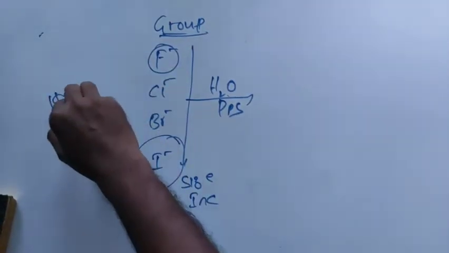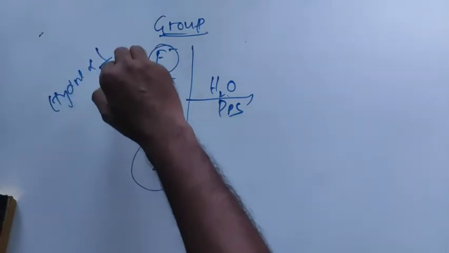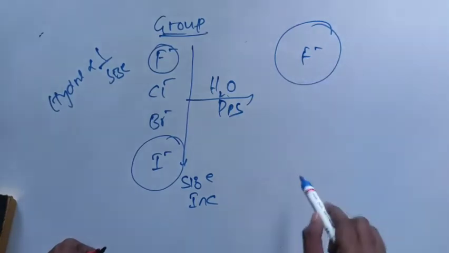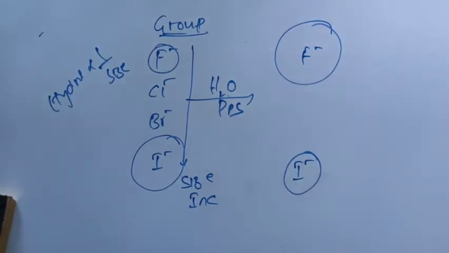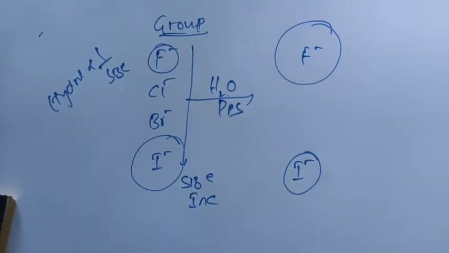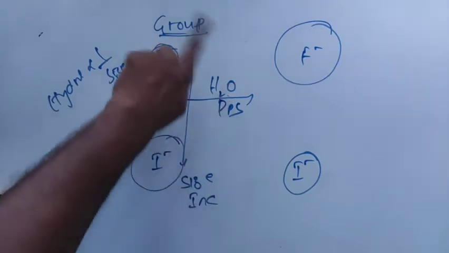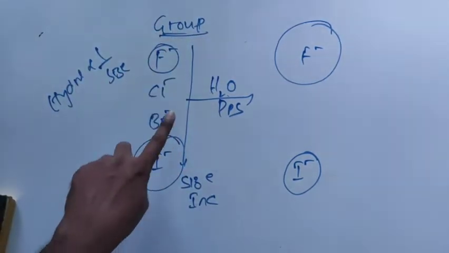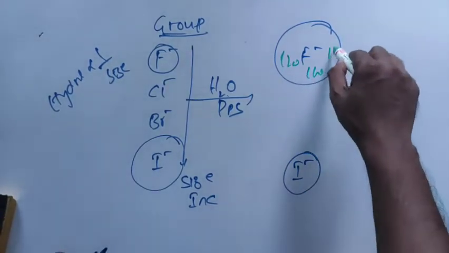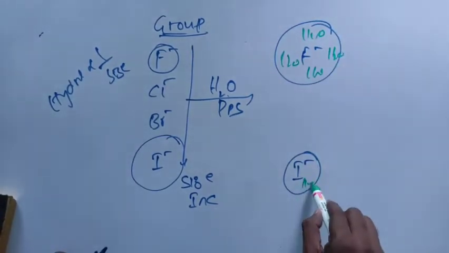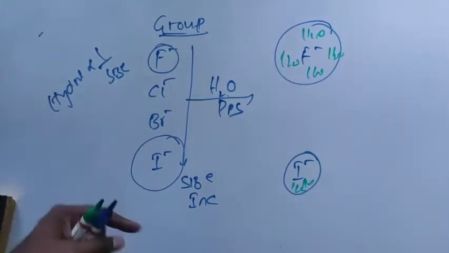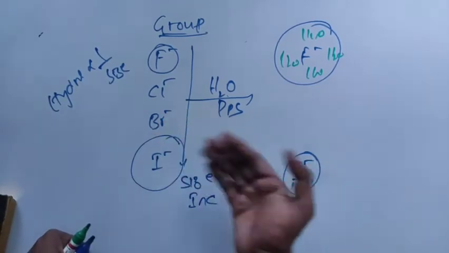You must have studied in chemical bonding that hydration is inversely proportional to size. Therefore, in the water, the size of the fluoride is greater than the size of the iodide. The size of the iodide is smaller because of less hydration. More water molecules surround and protect F minus. Inside this there is a water molecule. Here also a water molecule. I clearly told you in the last video,